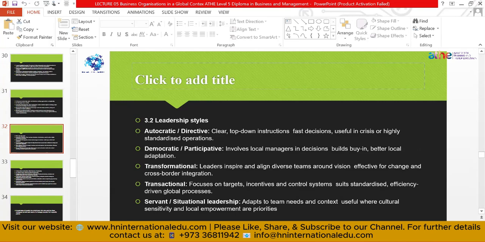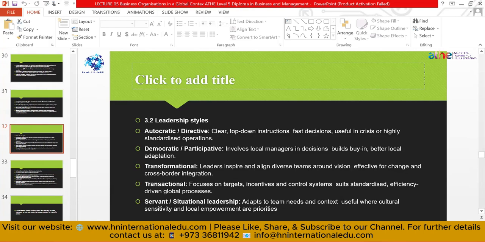Transformational leaders inspire and align diverse teams around the vision, effective for change and cross-border integration, that is, country to country. Transactional focuses on targets, incentives, and control systems, and suits standardized, efficiency-driven global processes. Again, many organizations use this because it is quite convenient. Seven, situational leadership adapts to the team's needs and context. According to the scenario, you accept everything and lead accordingly,